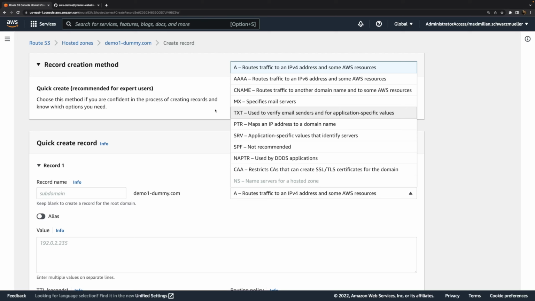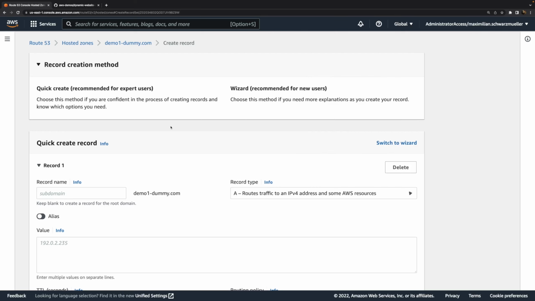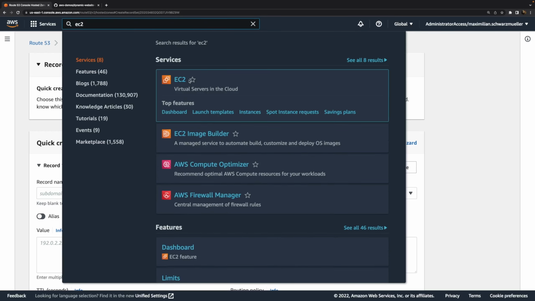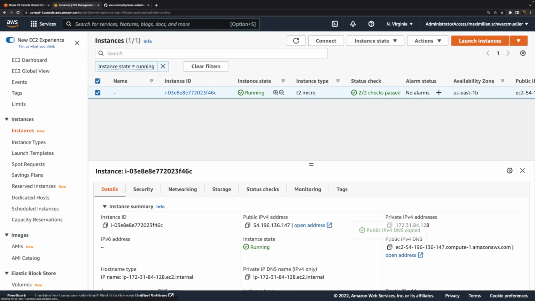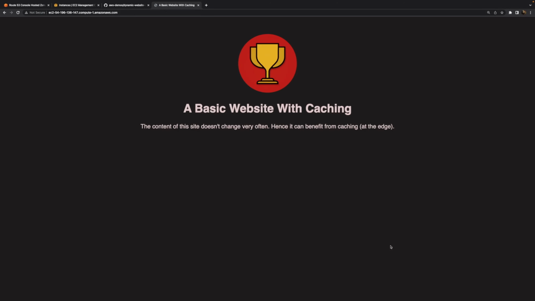But this is not a video where I want to dive deeply into domains and what you can do with them, but instead I want to show you how you can connect a custom domain to a website served through some other AWS service. And in this case, we got this instance, this EC2 instance that runs our web server. This web server, which we reach through this address here.